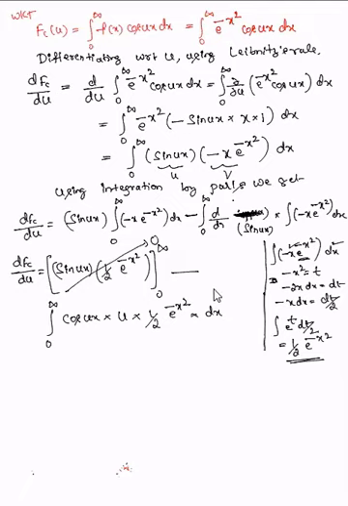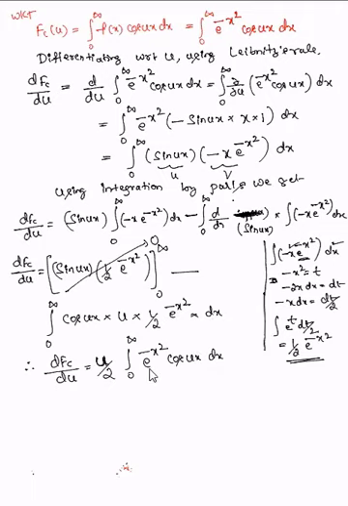So this one can be written as, therefore, dfc by du equals, I'll take 1 by 2 outside, integral 0 to infinity, even u also I can take outside. U is a constant because integration is with respect to dx, no? Dx is the variable of integration. So I can assume u constant. So it is u by 2, integral 0 to infinity. I'll write the remaining thing, e power minus x square into cos ux into dx. E power minus x square cos ux dx. This is remaining.